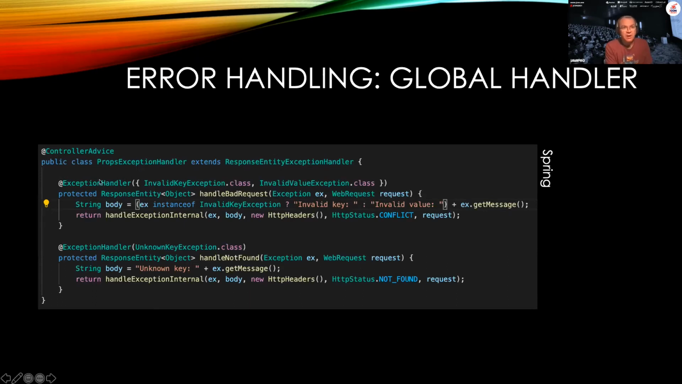They have a props exception handler. And so you would just extend this response entity exception handler, add a controller advice annotation, and you can specify multiple methods. This is actually kind of nice with Spring. You can have one handler that handles multiple different exception types. So in this case, we've got an invalid key and an invalid value exception. So if you throw either one of those exceptions out of your controller class or your resource class,